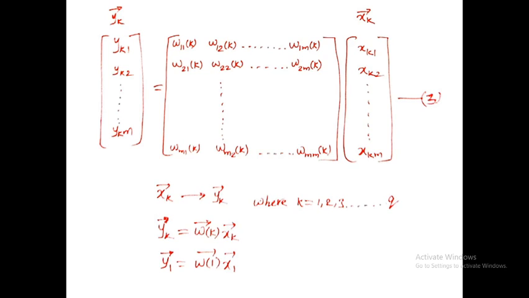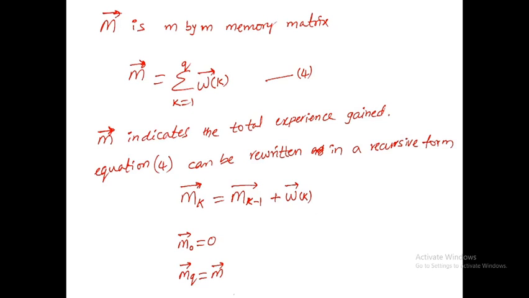Here the middle square bracket represents the M by M memory matrix. The weight matrix is nothing but the memory matrix, where M is a vector; all these are vectors. M is equal to summation K equal to 1 to Q. Memory is represented with respect to the patterns. How many patterns do you need to memorize? K number of patterns are there. M is equal to summation K equal to 1 to Q of WK, where K can vary from 1 to Q. If K is equal to 1, it means first pattern memory, then second pattern memory. Likewise, up to Q patterns, memory can be collected in that M matrix, where M indicates the